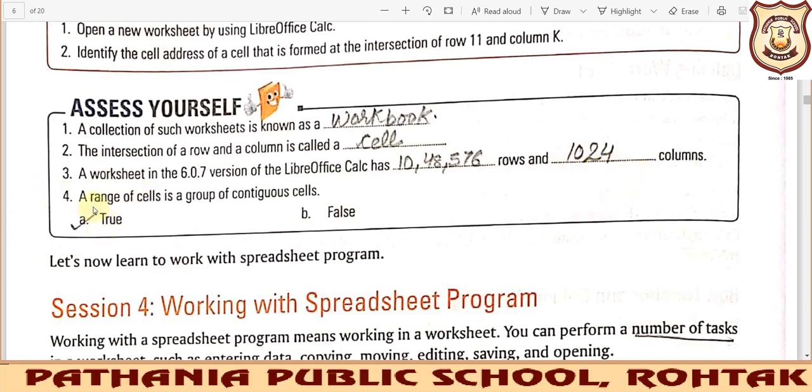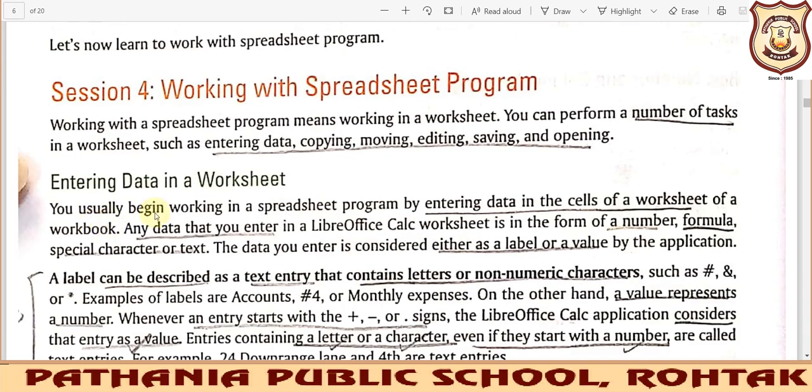The range of cells is a group of contiguous cells. Contiguous means continuous, so it is right, because if we leave one cell, that will not be called a range. It has to be continuous or contiguous in nature, then only it will be known as a range, so it's true.